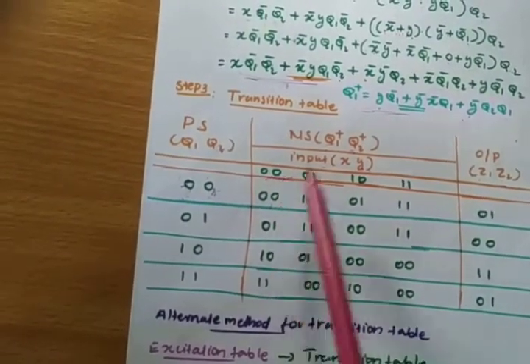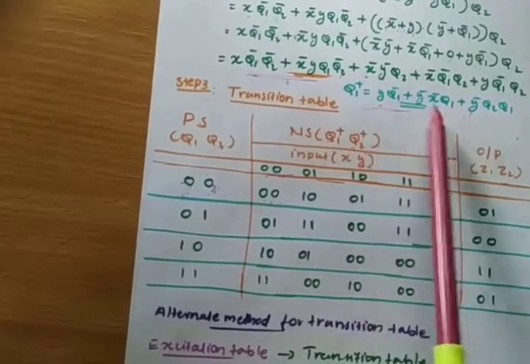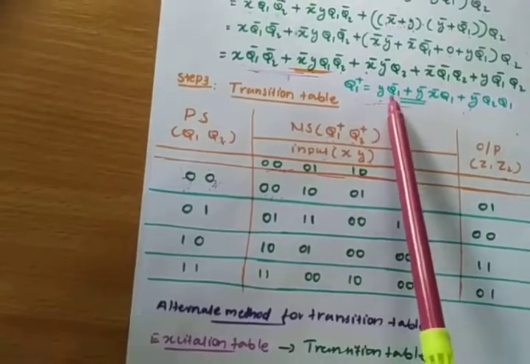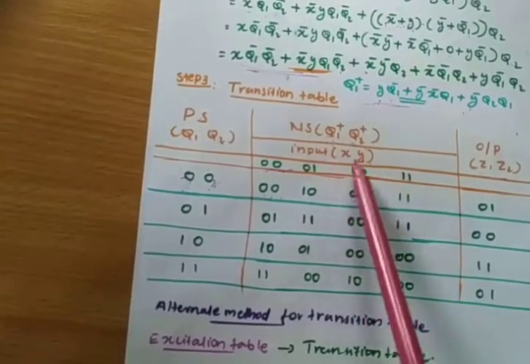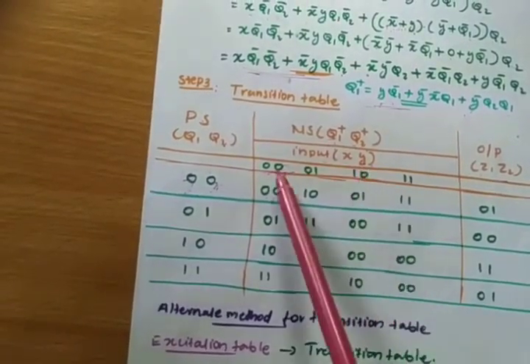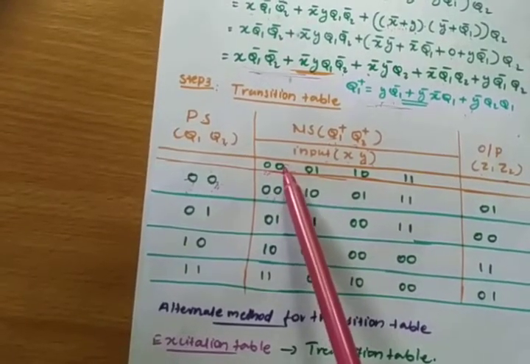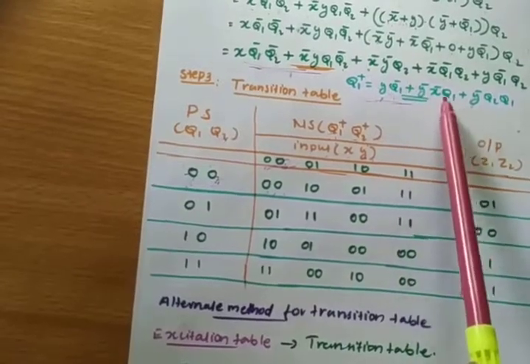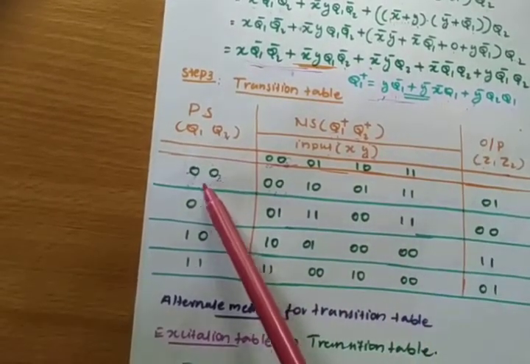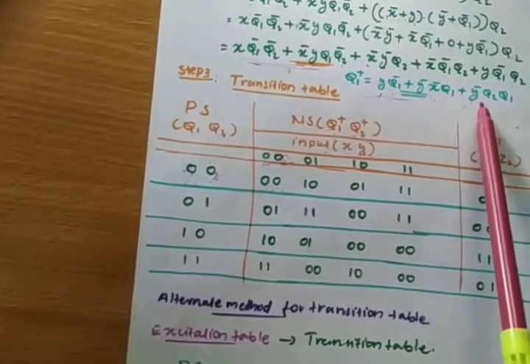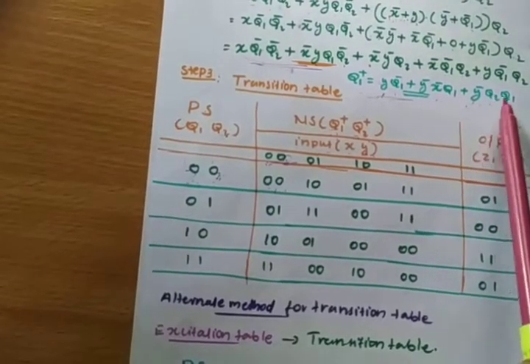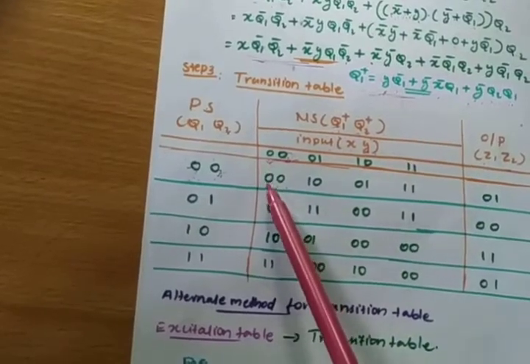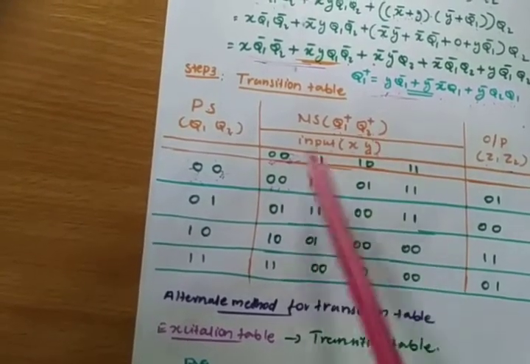What is the next state? q1 plus q2 plus, you have to put here. Okay, q1 plus, here you need to find out q1 plus, then y into q̄1. What is y here? Here y is 0, input is x y, it is 0 0. So y is 0 here, so this term becomes 0. Again here ȳ x̄ q1 is 0 here, so this term becomes 0. Here q1 q2 ȳ, q1 q2 is 0 here, so this term becomes 0, so q1 plus is 0 only, here it is 0.